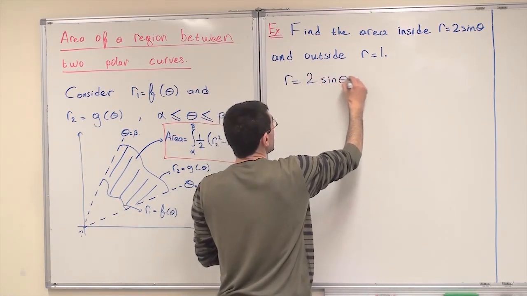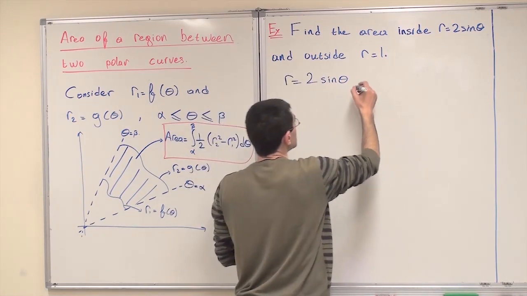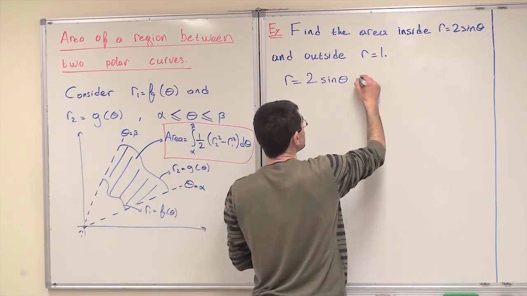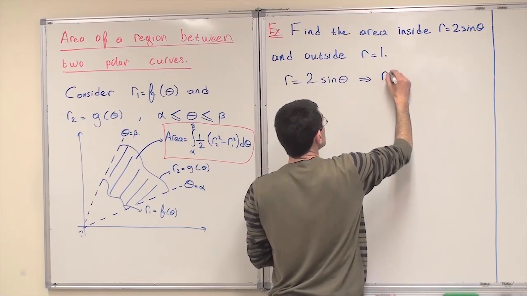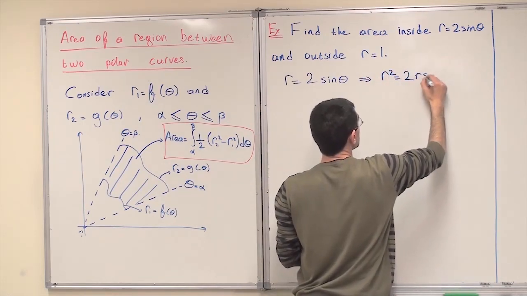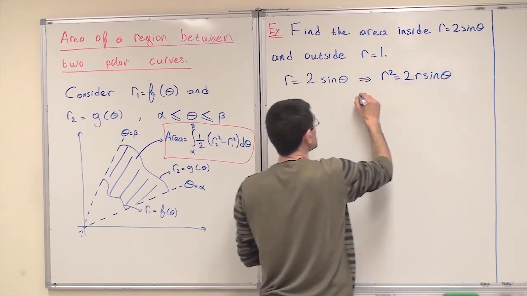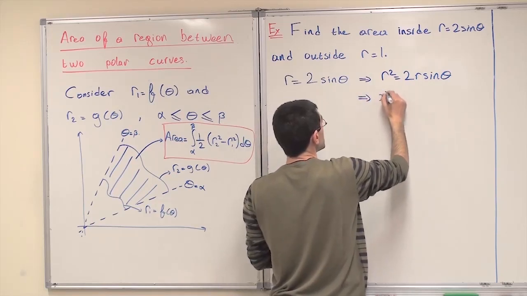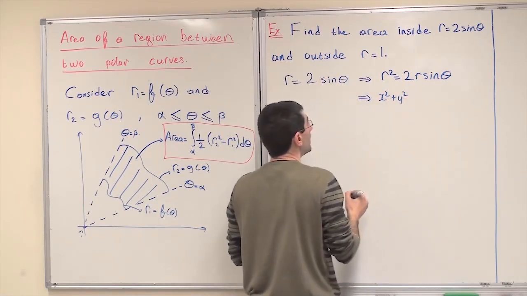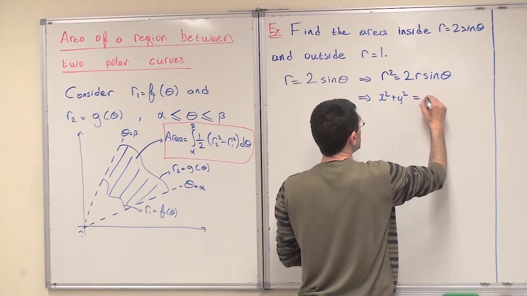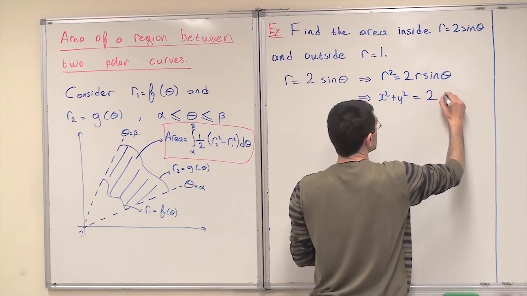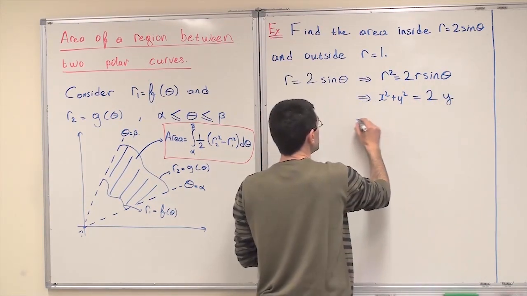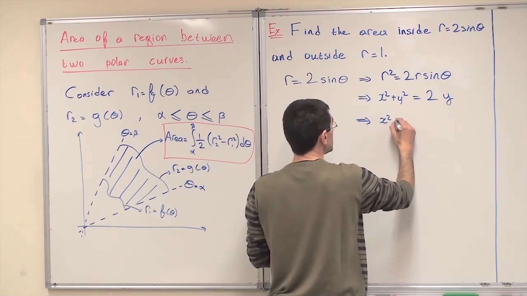I'm going to, again, convert it into Cartesian coordinates. Multiply both sides by r and substitute for r squared x squared plus y squared and for r sine theta y. Then we rewrite this